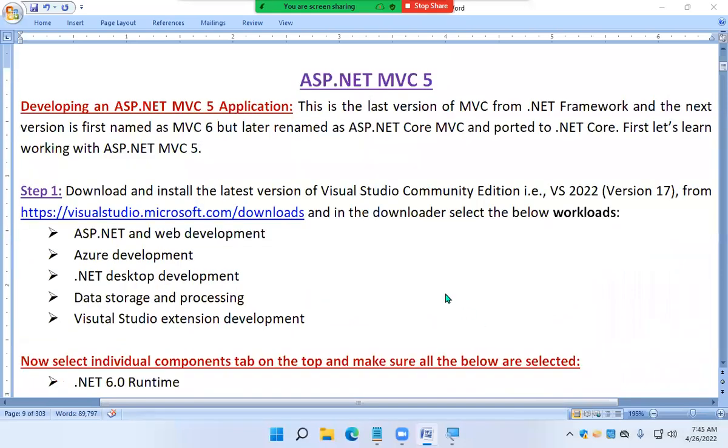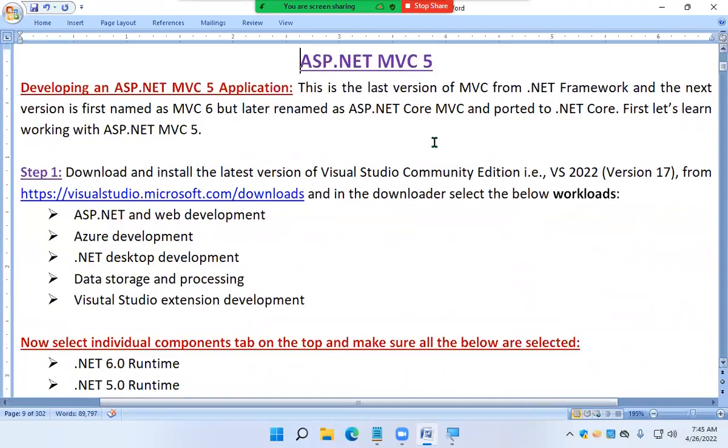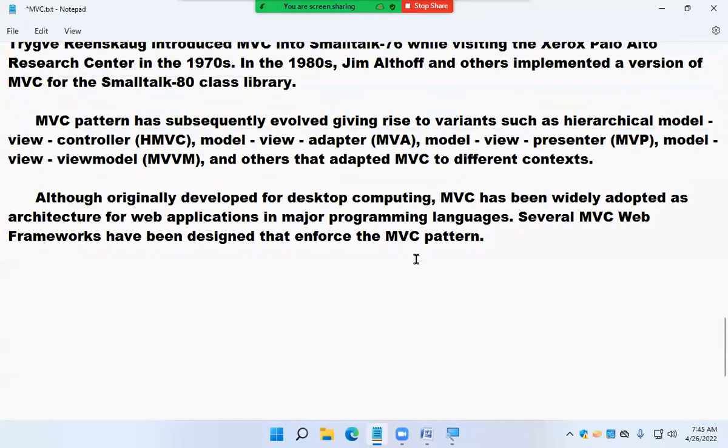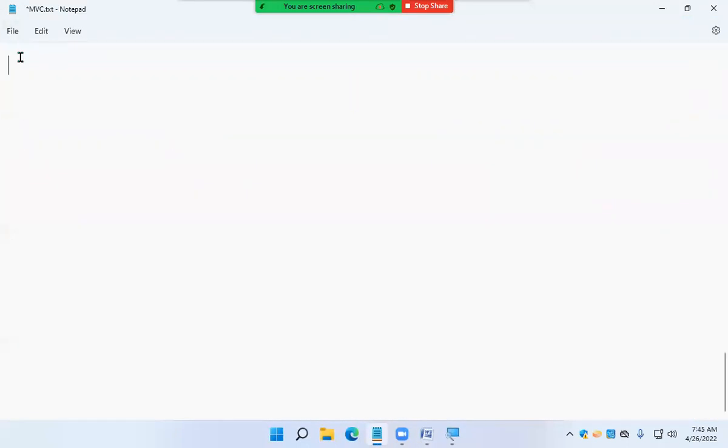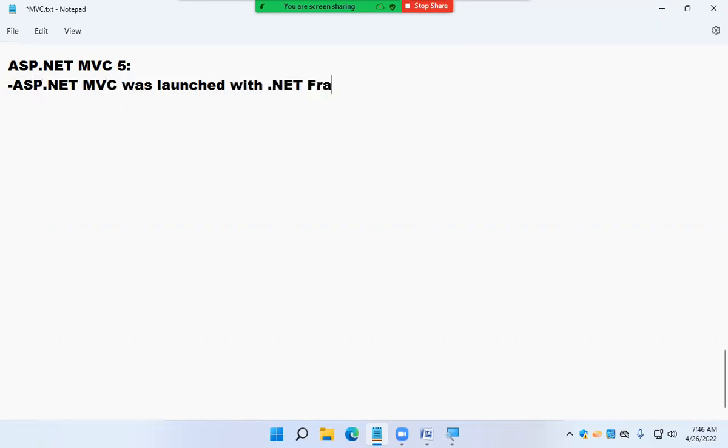Okay, guys. So now let's look into the first thing. What is that? ASP.NET MVC5. Actually, the point you need to remember is ASP.NET MVC was launched with the .NET framework in the year 2008.